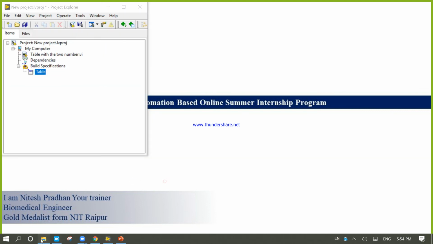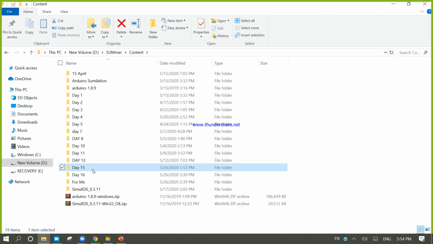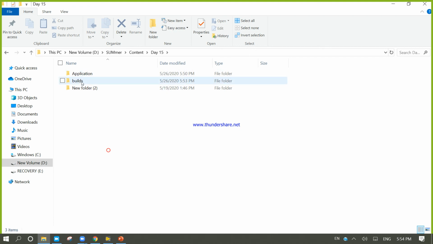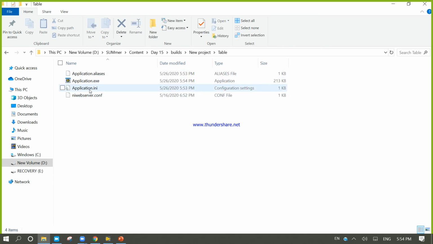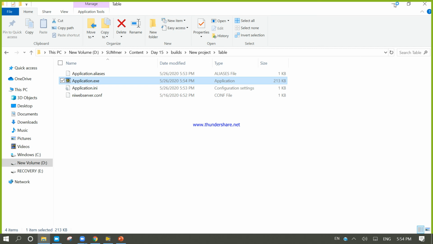Go to the location where you saved it. Inside day 15, this is the build. In this build, the new project is present, table is present. Inside the table, application.exe is present. Double click and try to run your exe. Run as administrator because it is an exe file.